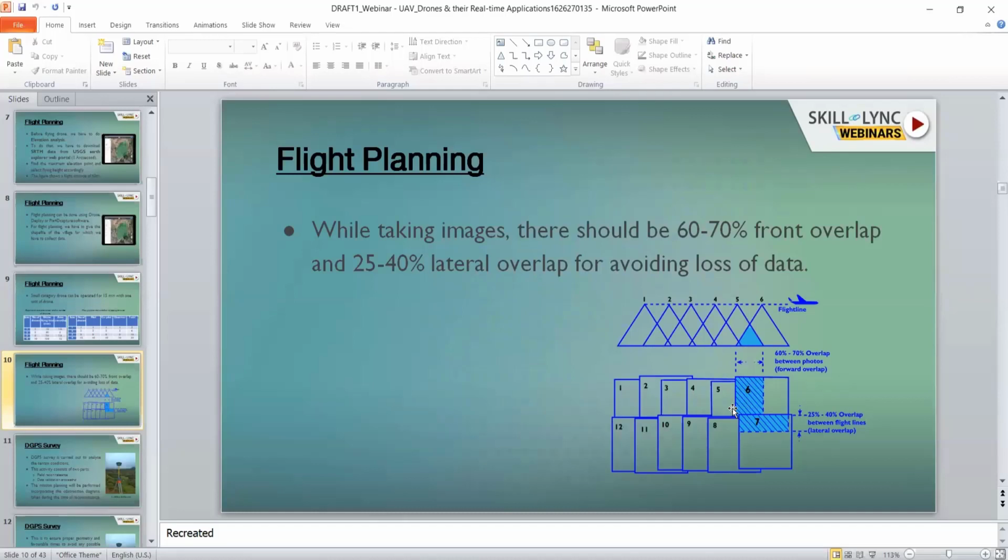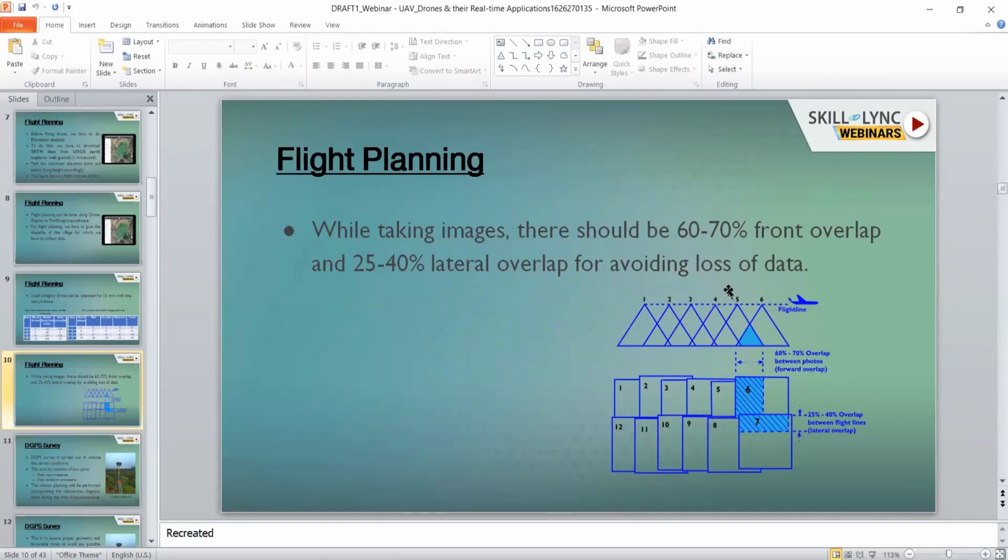For example, if some data in the 6th image is missing, it will be present in the 5th image also, so we can take the data from the other images because of the overlap. So there will be no missing data.